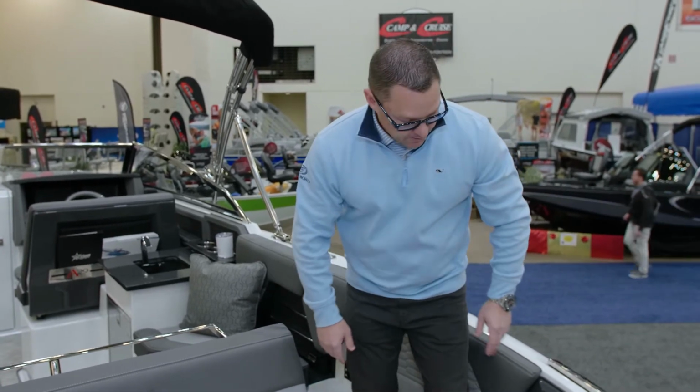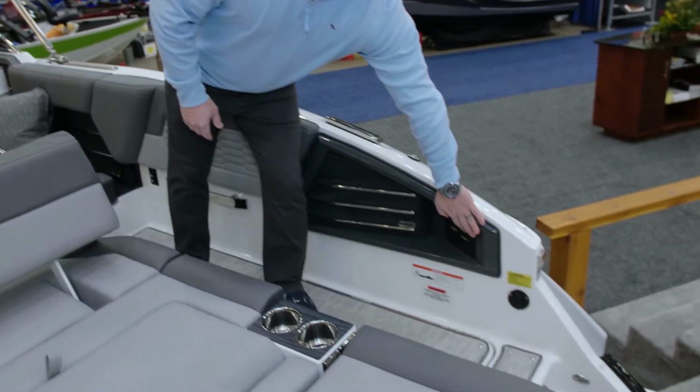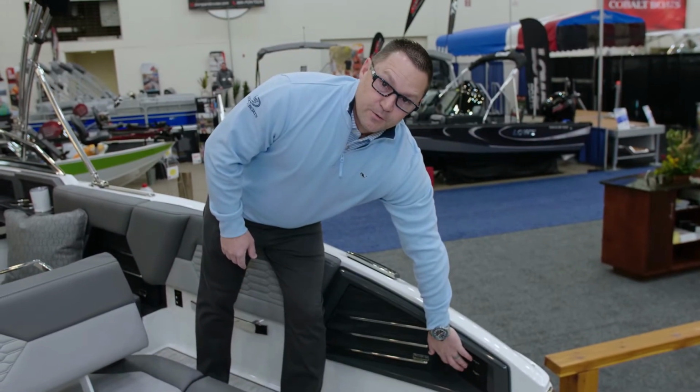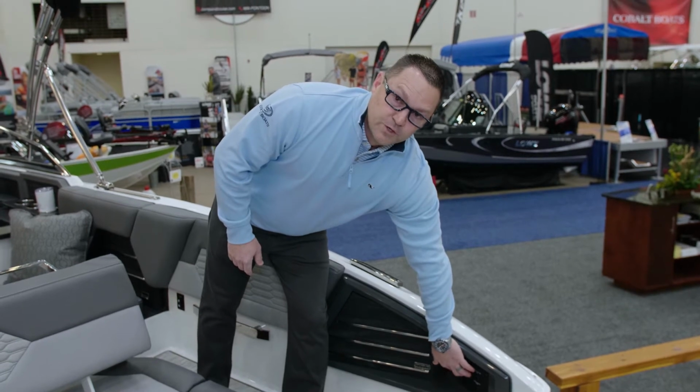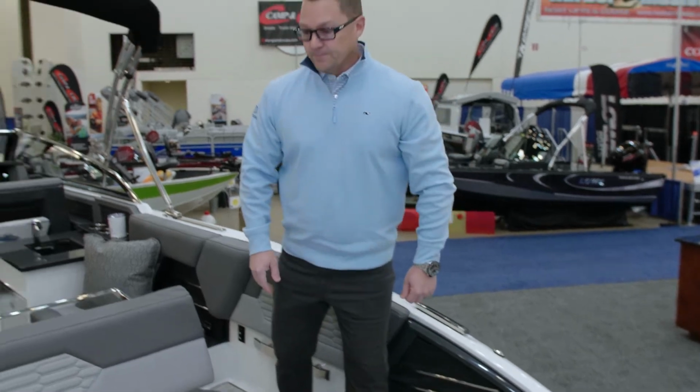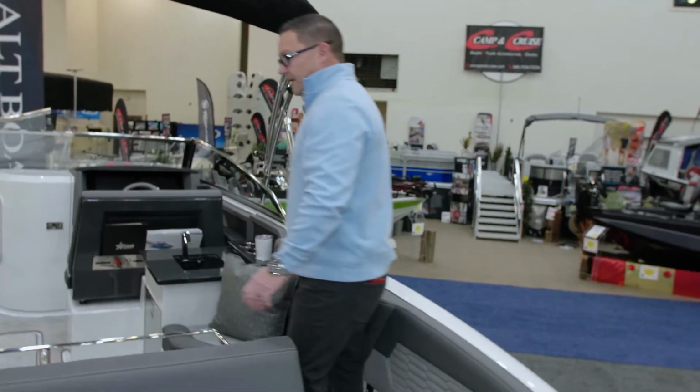Nice walk through. Again, right here you have your switches for your platform, and if you get the optional splash and stow, this is where your switches will go to inflate and deflate your raft. So as we come on in the boat here,